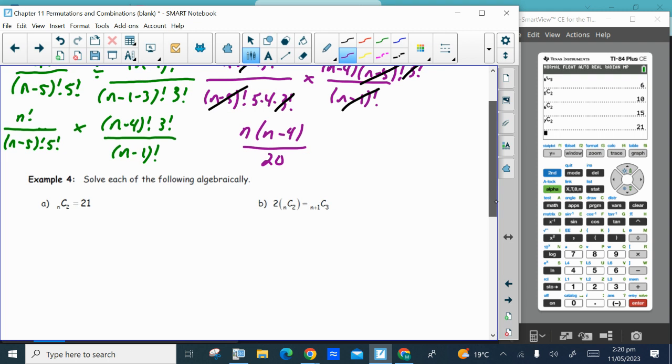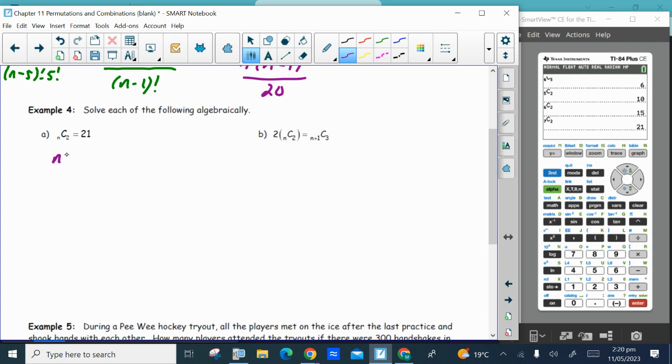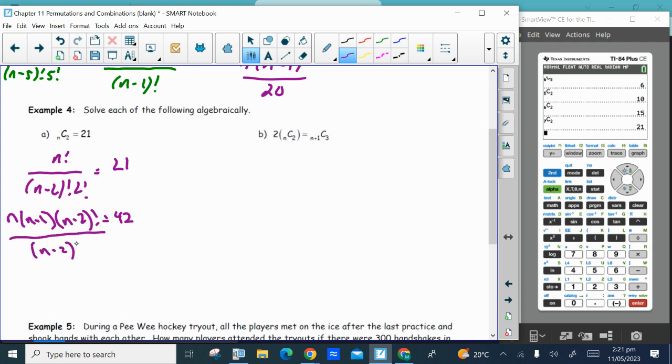So we can do that again using the nCr formula. nC2 would be n factorial over n minus 2 factorial times 2 factorial, and that will equal 21. 2 factorial on the bottom is just 2 times 1, which I will multiply both sides by, which will give me 42 on the right. And then I need to simplify the n factorial over n minus 2 factorial by expanding the n factorial. It'll be n bracket, n minus 1 bracket, n minus 2, and that's where I'm going to stop with a factorial on the end because that's what the denominator is, n minus 2 factorial. They cancel,